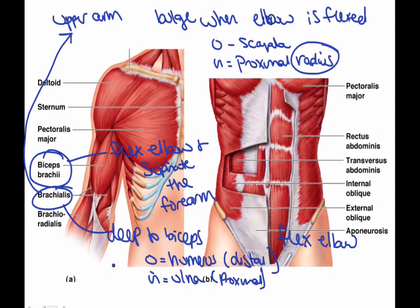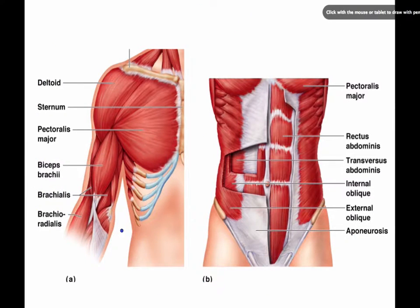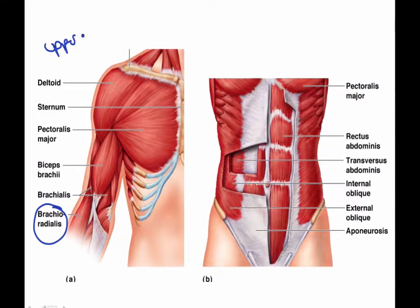And then let's see, the brachioradialis is this one right here, and unfortunately it's cut off, and your book doesn't give any other pictures, but the brachioradialis is right here. I better erase this so I have some more room. Okay, so the brachioradialis, also a part of the upper arm, and this is going to be the only fleshy muscle of the